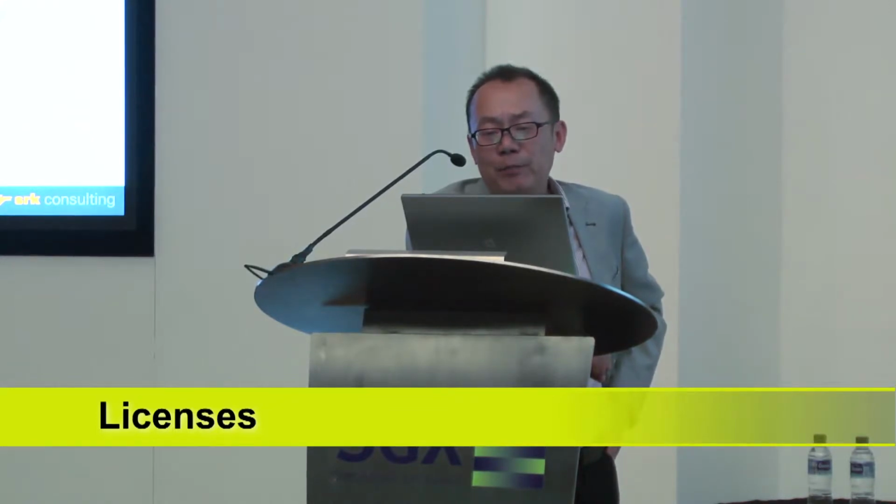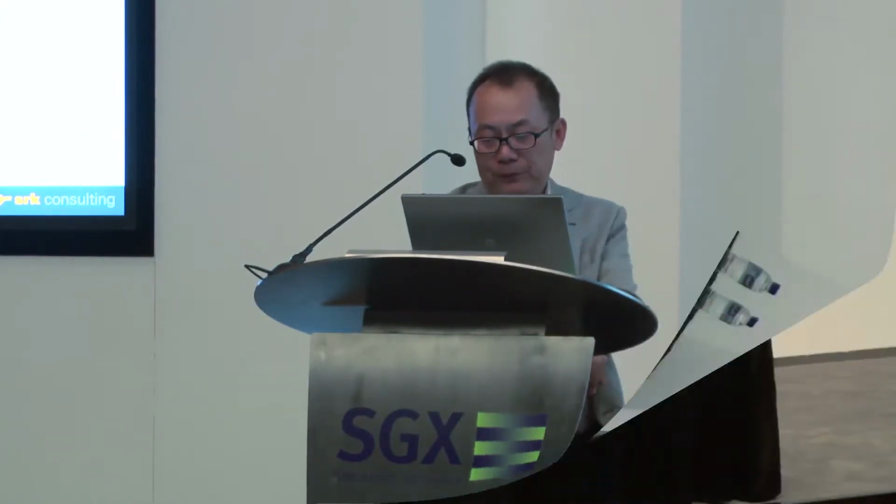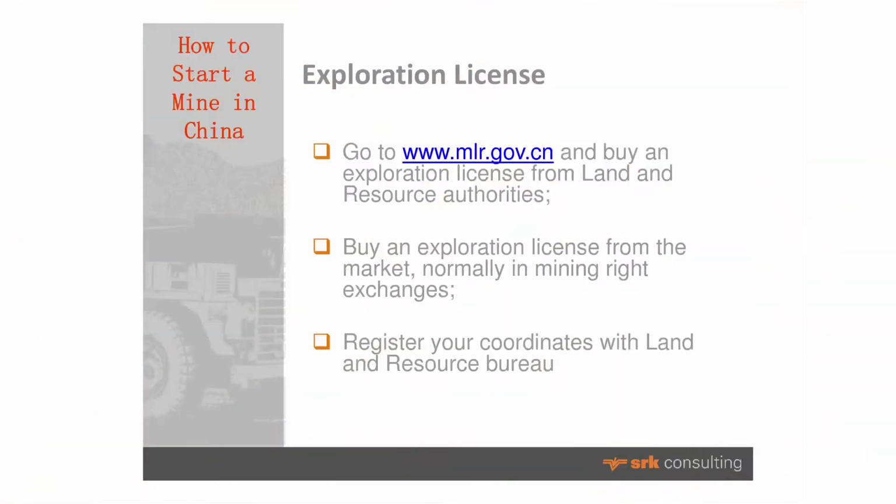It doesn't need to go to the prefectural level, or to the provincial level either. So the deposit scale actually decides whether the permits will be issued by the ministerial, provincial, prefectural, or county level. Is the approval local or central government? As I said, we have 4 levels of approval. It's really related to the deposit size, deposit scales. They have 3 scales, called large, medium, and small, for different commodities, and they need a different level of approval.